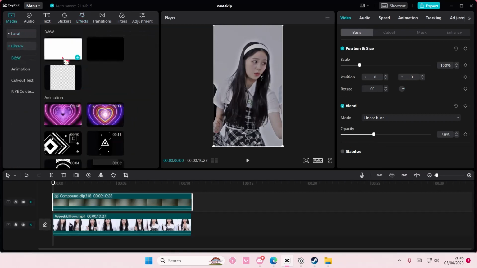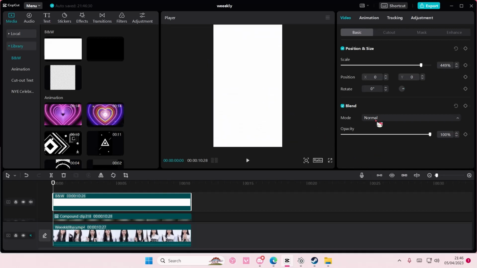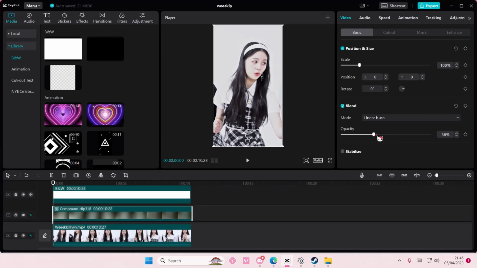Go to media, go to library, and add in a white overlay on top. Select blend mode, select overlay. And if it's too bright, you're just going to want to adjust it a little bit. And you're also going to want to adjust the blend mode as well,